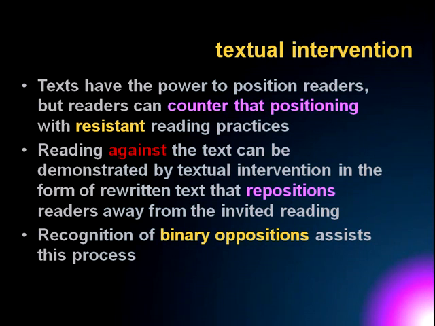Good. Okay, so recognition of binary opposites assists in this process. Okay, let's bring down the hysteria a little bit. Recognition of binary oppositions. Within any text, there's a binary opposition, and in its simplest form it's: how does this text produce evil, and how does it produce good? So what are its ideas around good and evil within the text? We're going to talk about that a bit later. Okay, so, complex transformations.